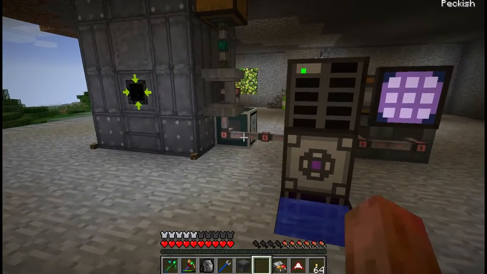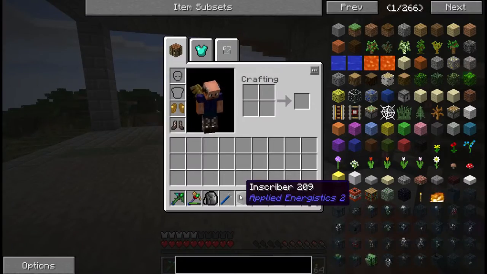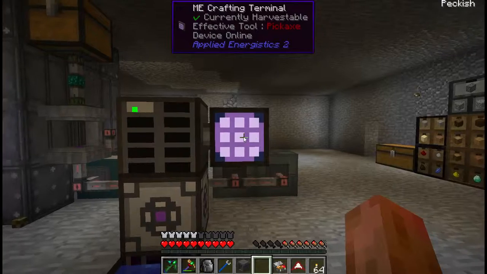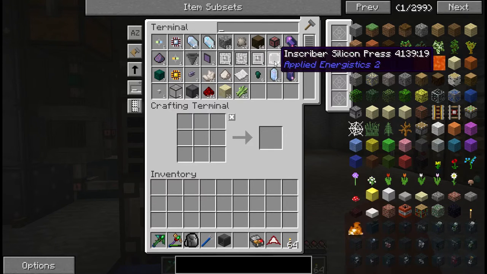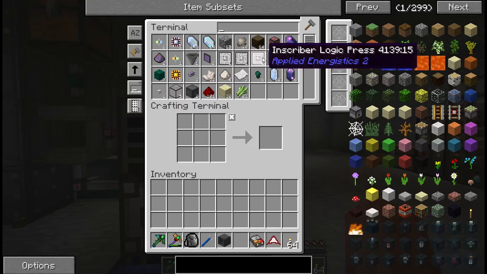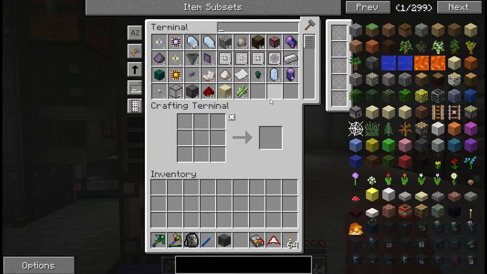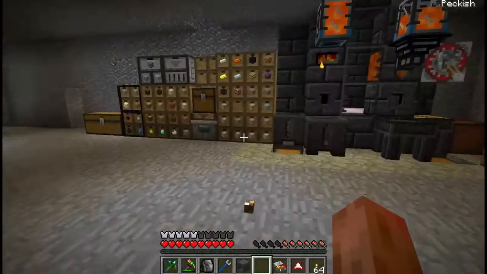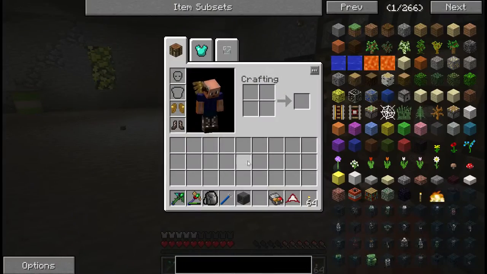This time I'm going to do it right. And the right way to do this is to make yourself 5 inscribers, one for each silicon press, one for each inscriber press, and then one to kind of collect them and put them together. So let's make ourselves 5 of these guys. We're going to need